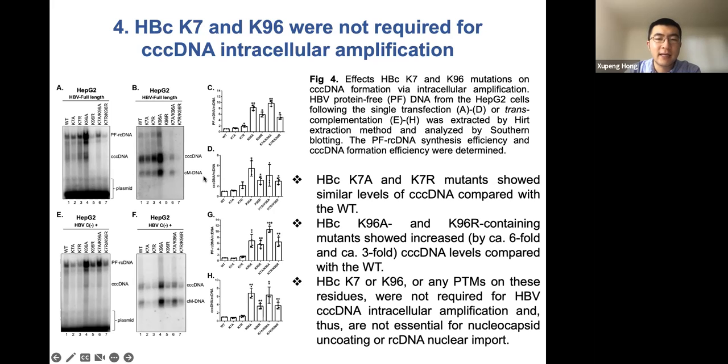We found HBC K7A and K7R showed similar levels of cccDNA formation as wild type. Interestingly, K96A and K96R showed about 3 to 6-fold increase in cccDNA formation compared to wild type. This result clearly suggests K7 and K96 are not required for cccDNA formation via the intracellular amplification